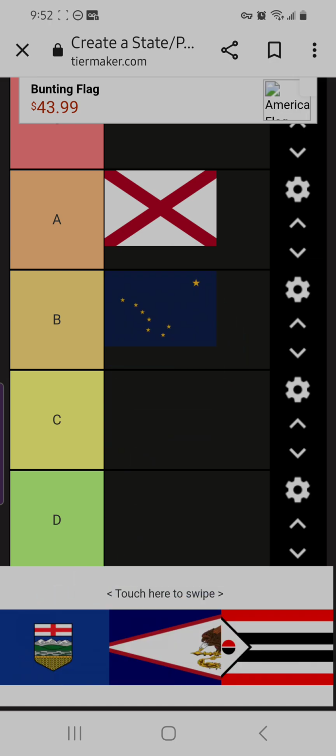Now, Alberta, what is this? What am I looking at? What is this? What's Alberta's flag? This flag actually looks ugly. I give them this. The seal kinda looks good, but why would you copy a bad